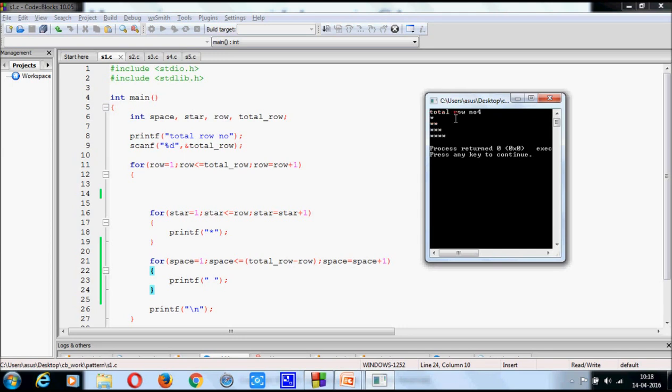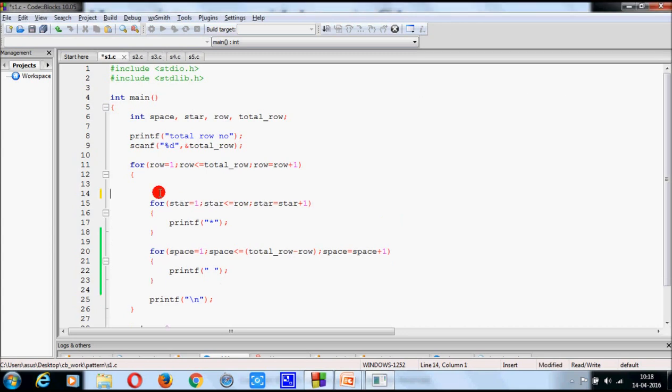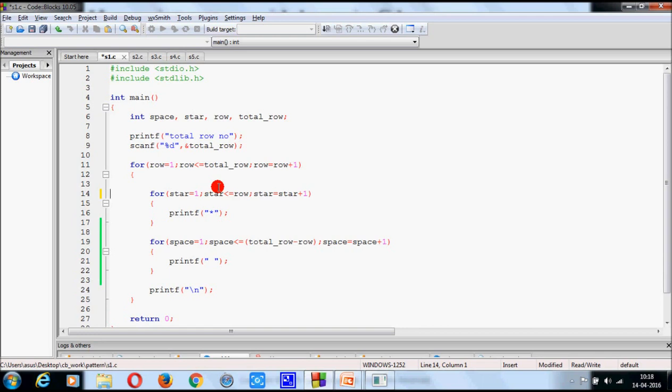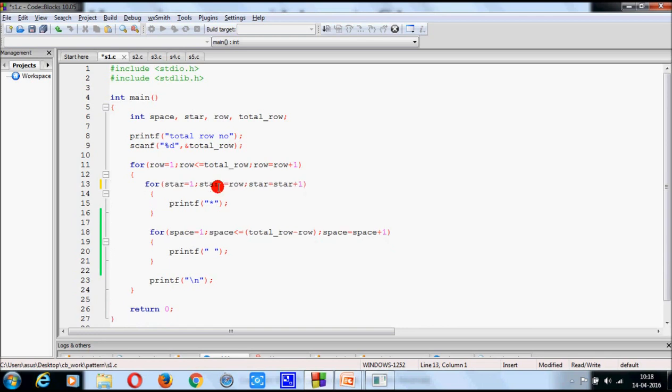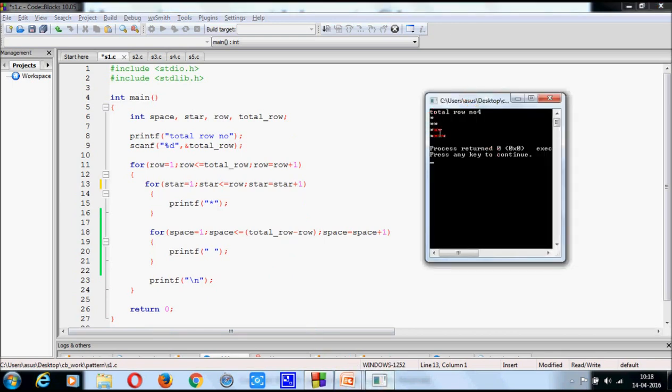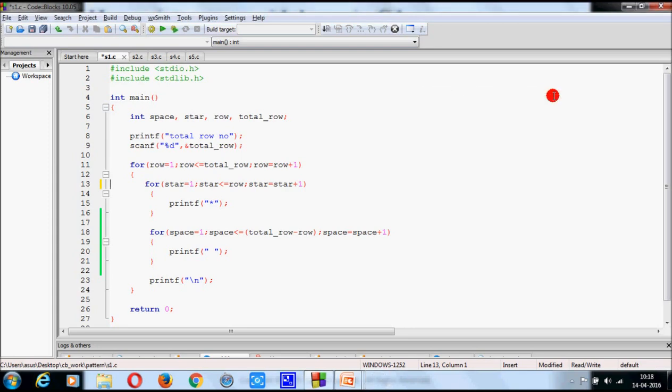You will not notice any change here because the right hand side space is actually taken care of by the system. This is the whole program and this is the output.